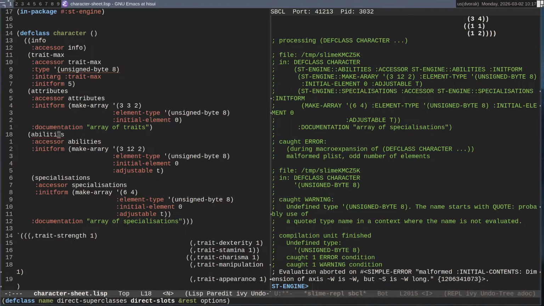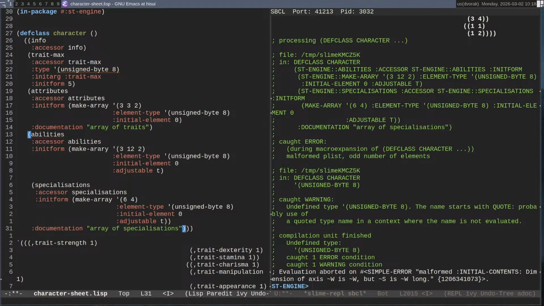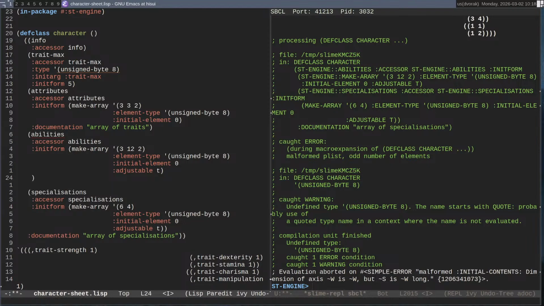Abilities. What's wrong? What's wrong with you?